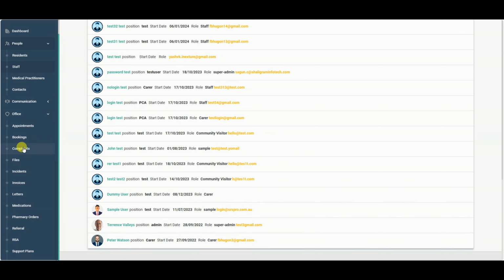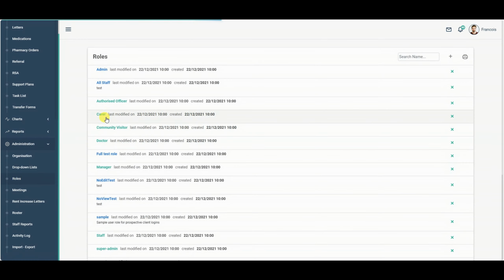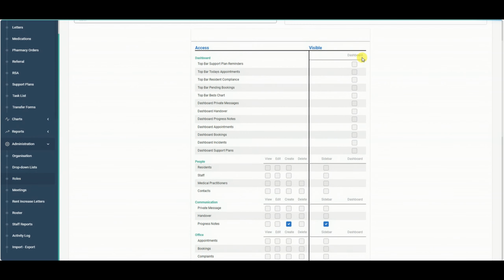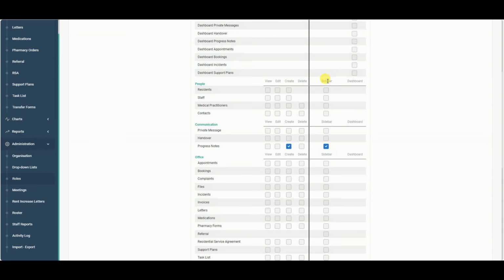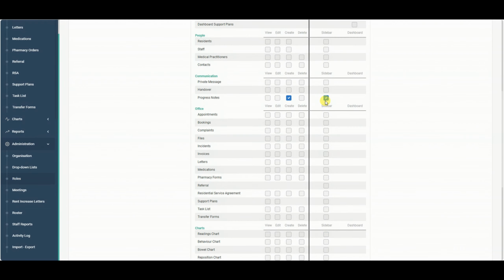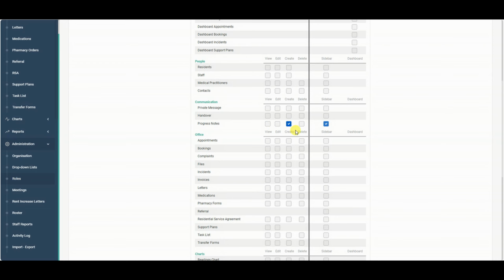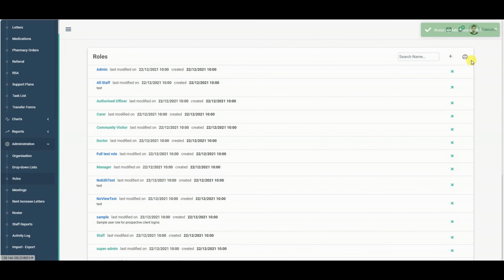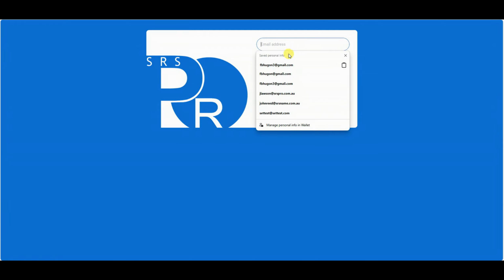So if we have a look at the roles, we look at the carer role, we can see that they don't have any permission to see anything, any information on the dashboard. The sidebar, nothing's visible on the sidebar apart from progress notes. They don't have permission to view other residents' progress notes or edit, they only can create. So this would be an example if you had a carer or a general carer login that